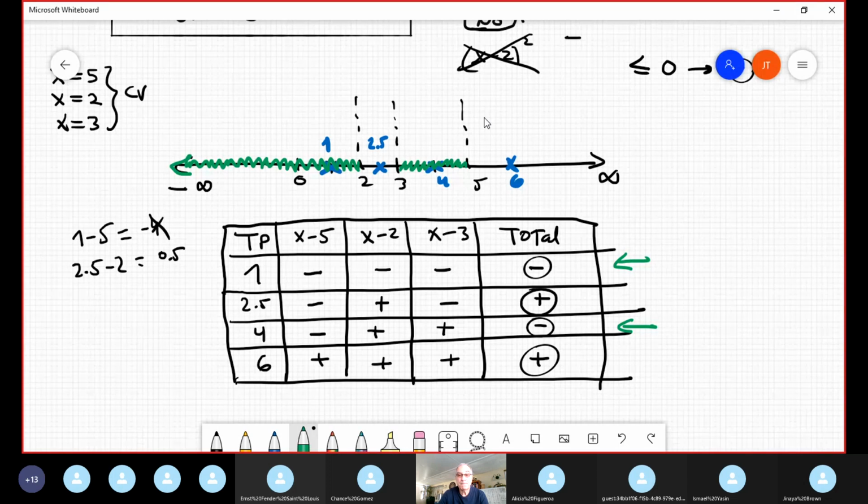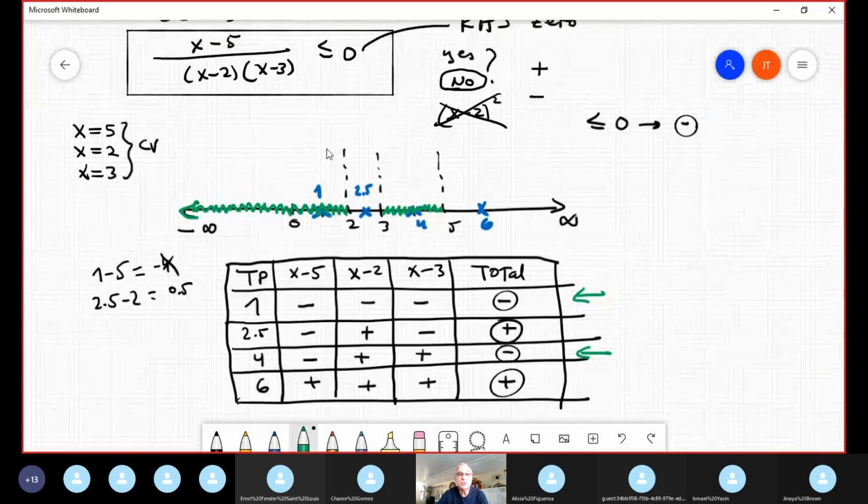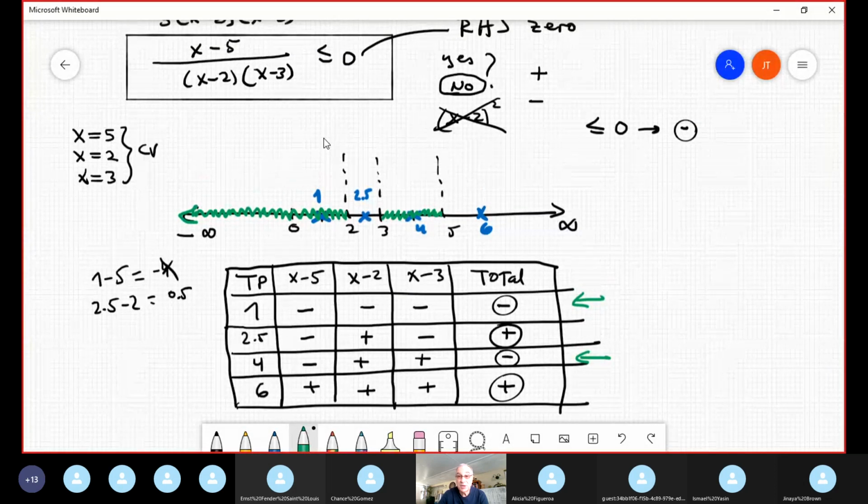Then we have, well, the last part is the endpoint. The endpoint, I come back again to the beginning. Our inequality is a combination of equation and inequality because we have equal. That means that the endpoint of the top, 5, belongs to the solution. The zero denominator, no, because it is undefined in the denominator. So 2 and 3, parentheses. But 5, bracket. And the final answer is